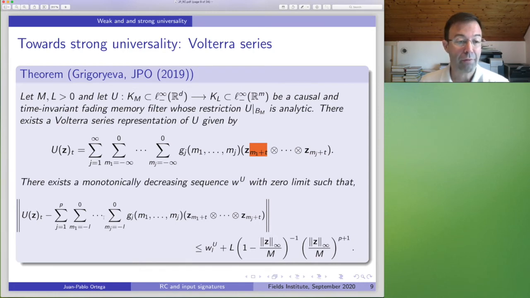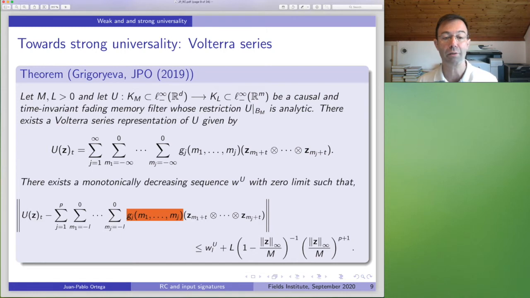If instead of expanding this u, I take another filter, call it capital V, then the basis that I'm using for expansion would always be this polynomial basis. The only thing that would change is this g. These are the coefficients that I would need to change if I want to model a different one. However, the basis of this expansion is the same. This is extremely classical. Actually, it goes back to Weierstrass's approximation of continuous functions by polynomials. But this is ultimately what we are doing.